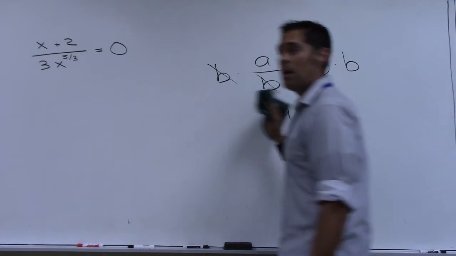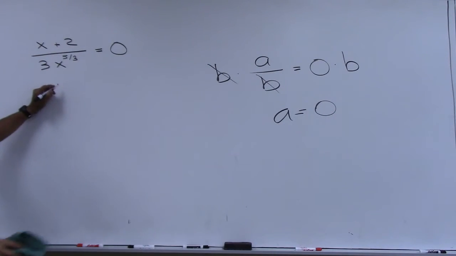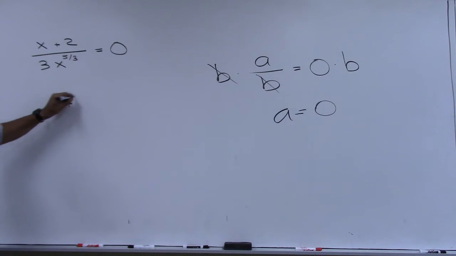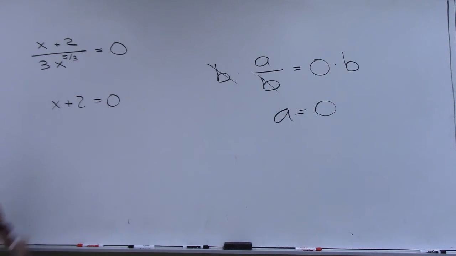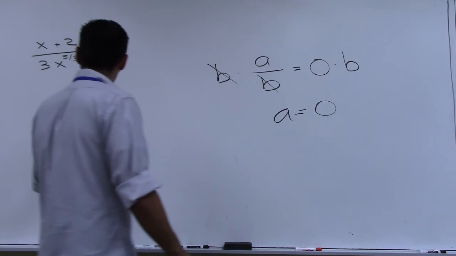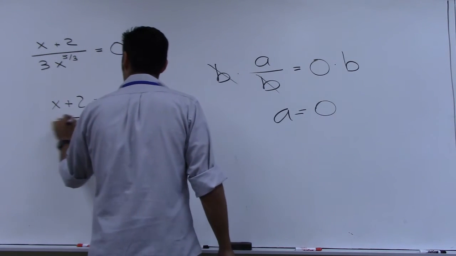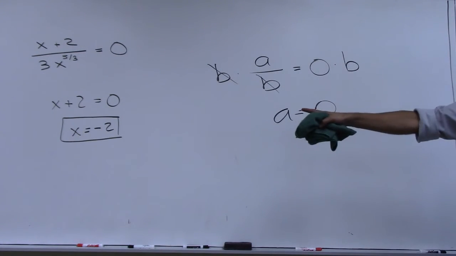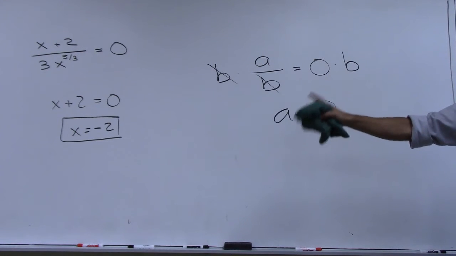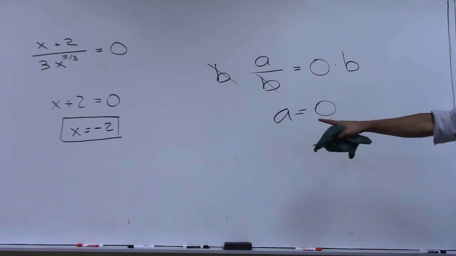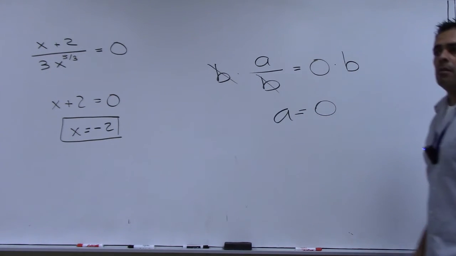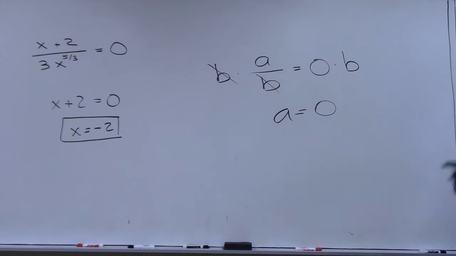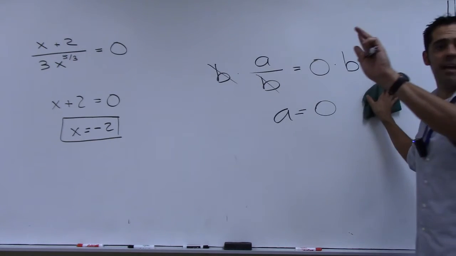So when you're at this point, what I'm going to do is say x plus 2 equals 0. All right? And then from there, I'm going to solve it and get x is negative 2. That is a critical number of this function, so long as that number is in the domain of the function, which we didn't look at, but I'm going to go back and look at the domain in a second. Are we done with critical numbers? No, because there were two things I have to look for, right?